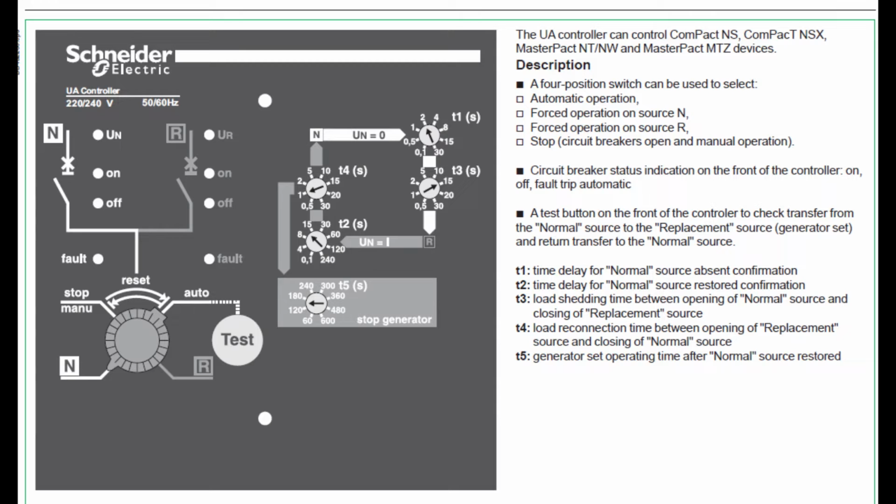T4 is for load shedding time between opening replacement source and closing normal source. T5 is generator cool down time. Now we can calculate total time required for transfer of load from normal to replacement source is simply T1 plus T3.